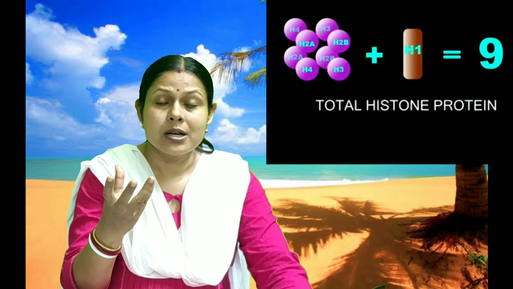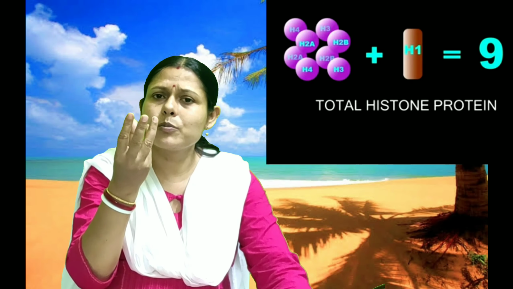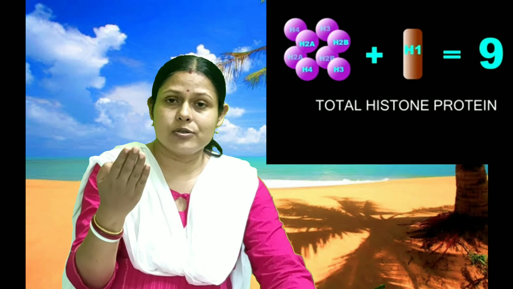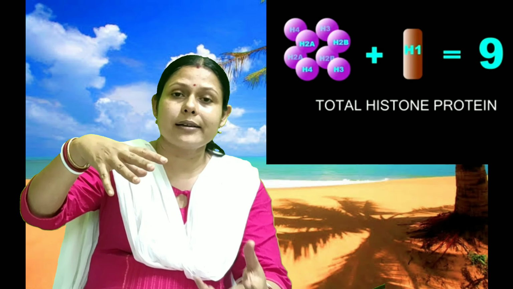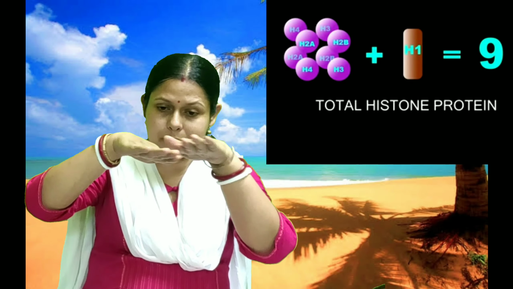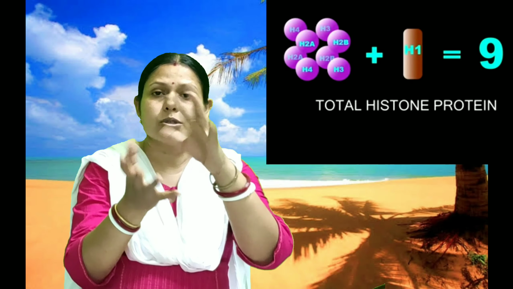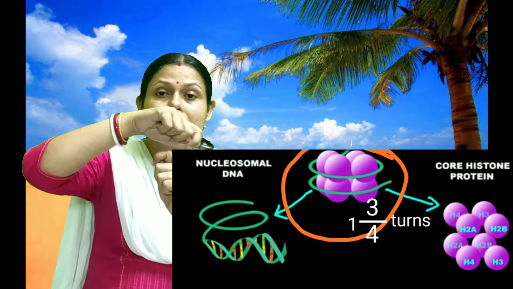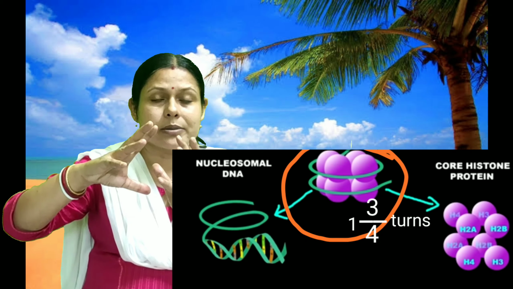Mostly the histone proteins which are rich in lysine and arginine form a structure which is called an octamer. Now what is this octamer? It is a ball-like structure. It is made up of a total of 8 histone proteins, 4 in the base and 4 at the top, like tiers. Now around these histone proteins, the DNA winds up. How many turns the DNA winds is 1 and 3/4 times around the histone protein, that is the octamer.